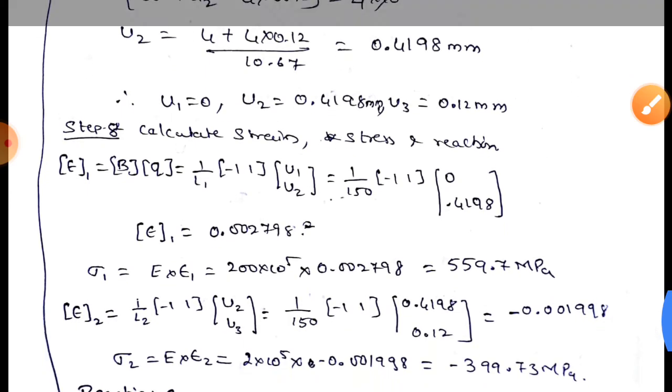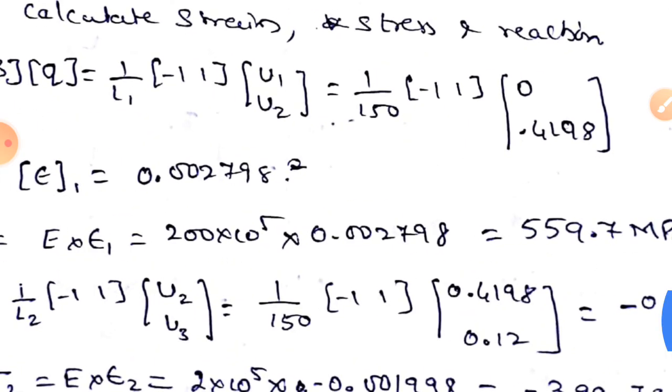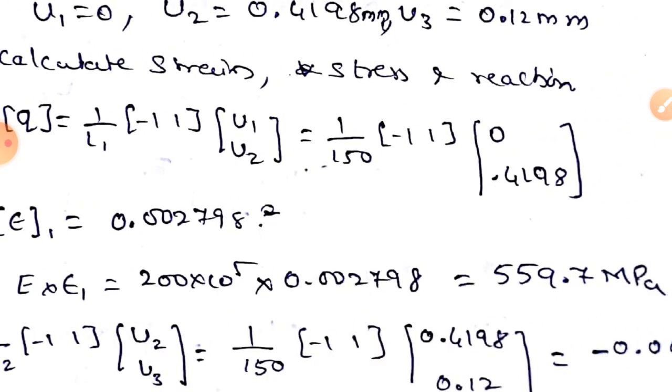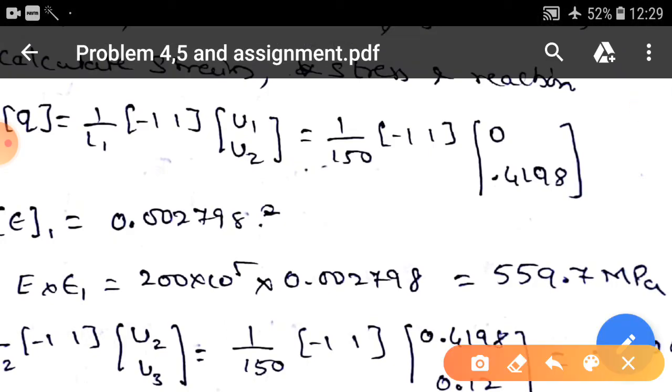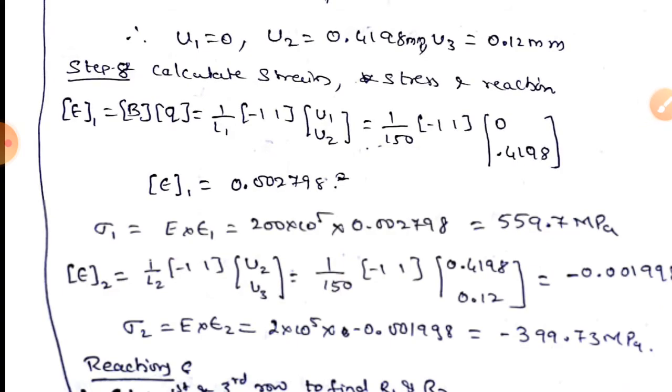Now calculate the strains. Strain in the first element is 1 by L1 times [-1 1], and the displacements associated with it are u1 and u2. Simplify it: 1 divided by 150 times [-1 1], with displacements u1 equal to 0 and u2 equal to 0.4198. You will get a strain of 0.002798. Similarly, calculate the stress in it. Stress is E into strain. Young's modulus is 200 into 10 raised to